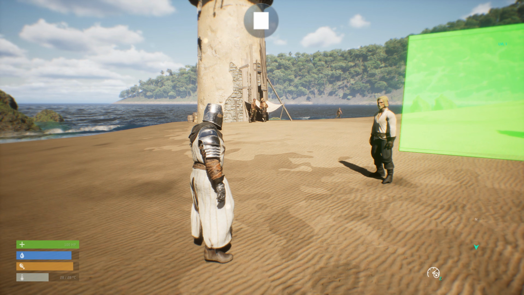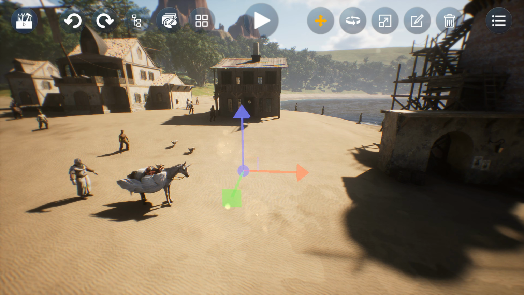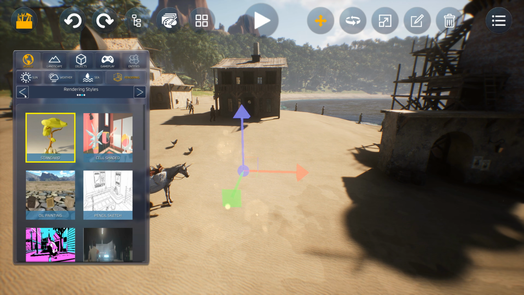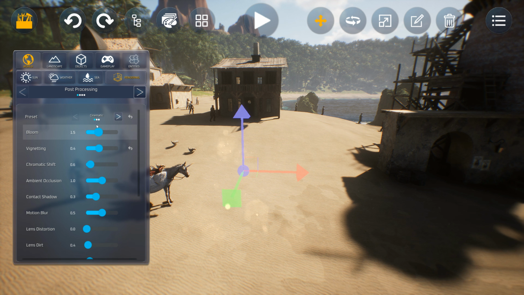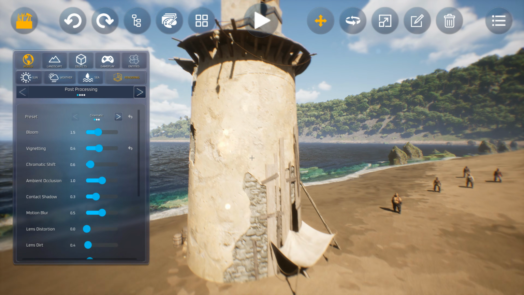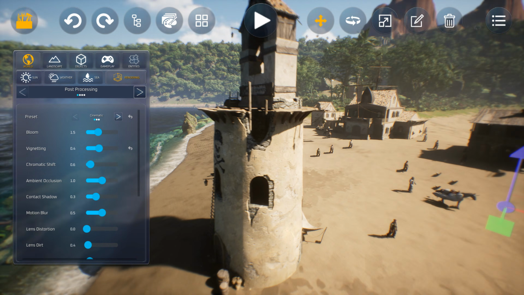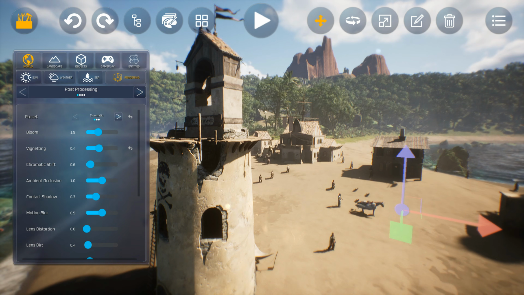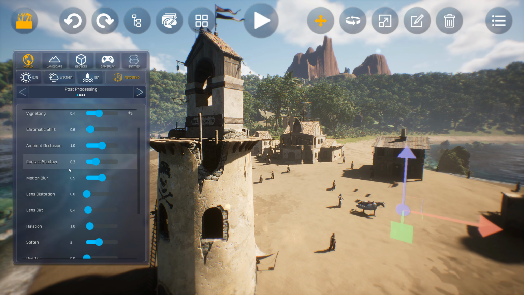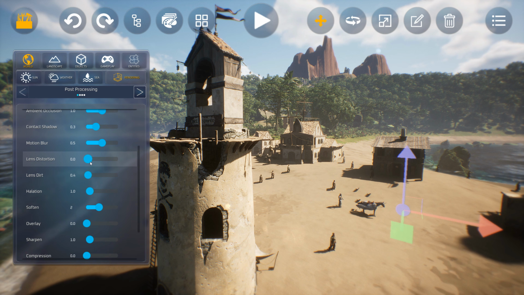Now for the look and feel of the level, I'm able to change everything uniformly. So for example, I can go to Toolbox, and then Underworld, Rendering, I can switch to the post-processing effect. So by default, Creative starts with a post-processing effect or preset that looks cinematic. It's meant to look like modern action adventure games. So you can control things like bloom, vignette, chromatic aberration, contact shadows, but also you're able to do things like